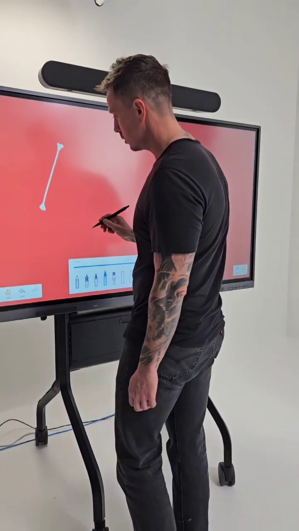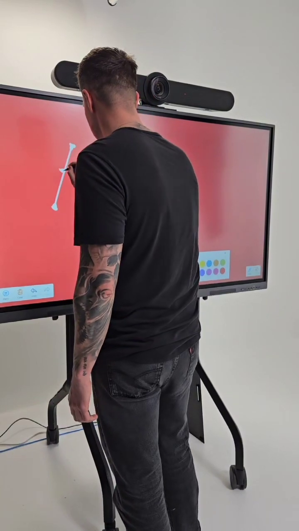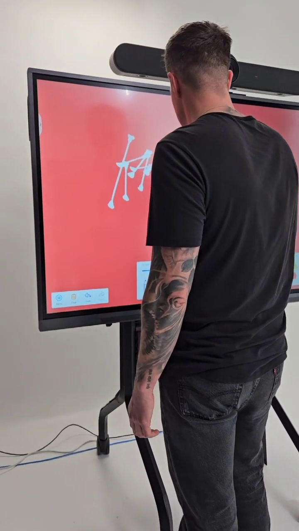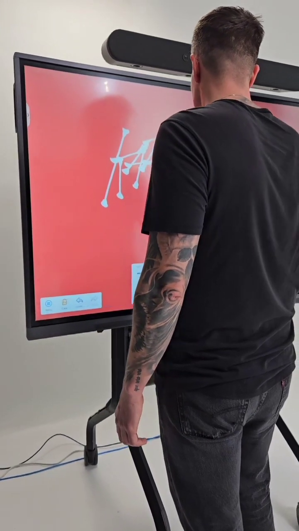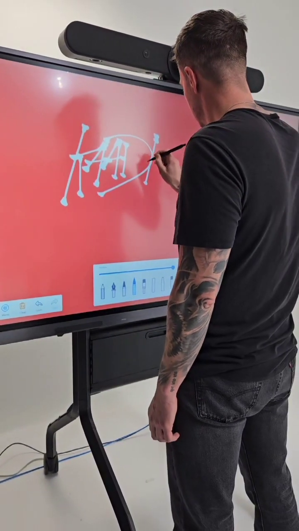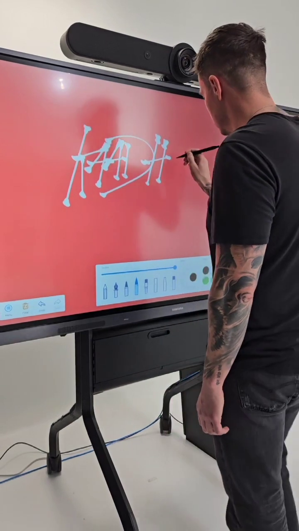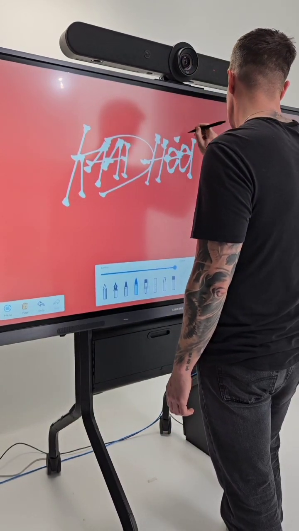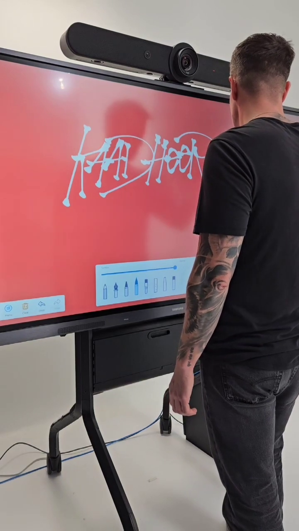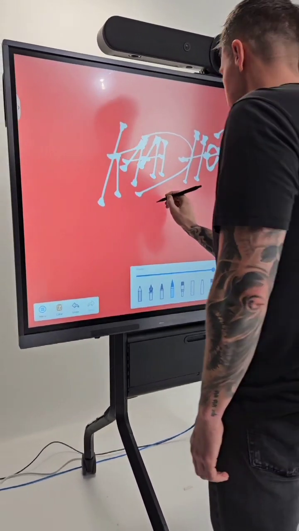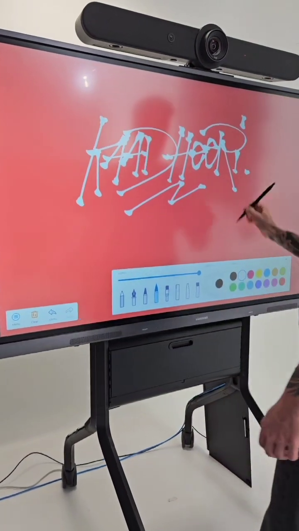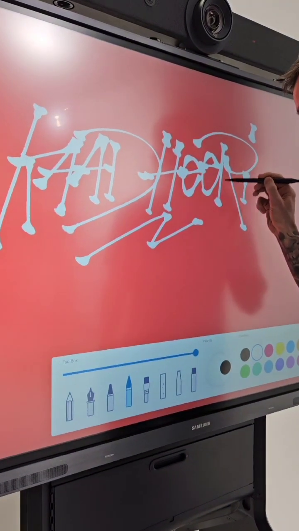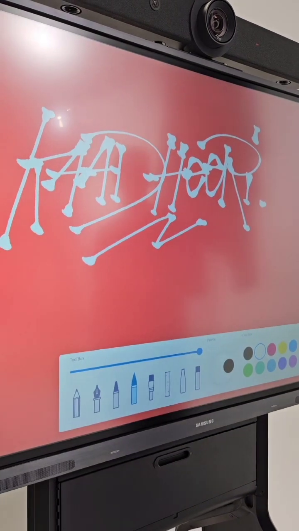So this one has a really cool ink effect. It creates this really cool bleeding of the ink as well,